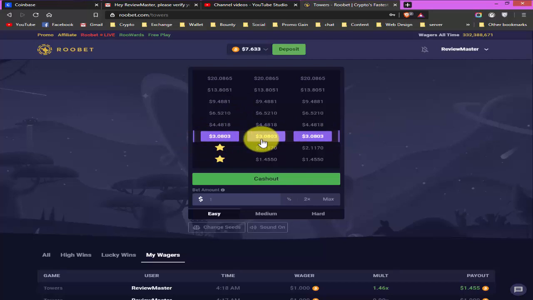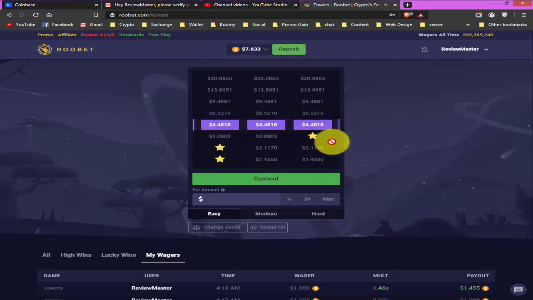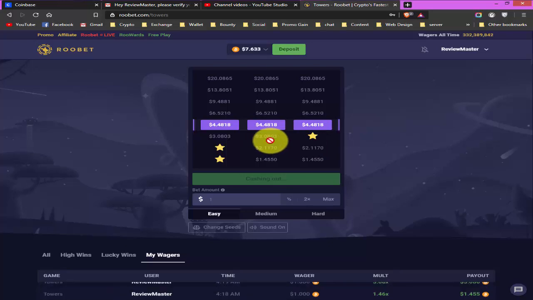If my guess is right, then I will get 3.08803, and if my guess was wrong, then I will lose everything. So I will go for it like this, and my guess is right and I want to cash out this, then I will click on this cash out button and I will get 3.080.